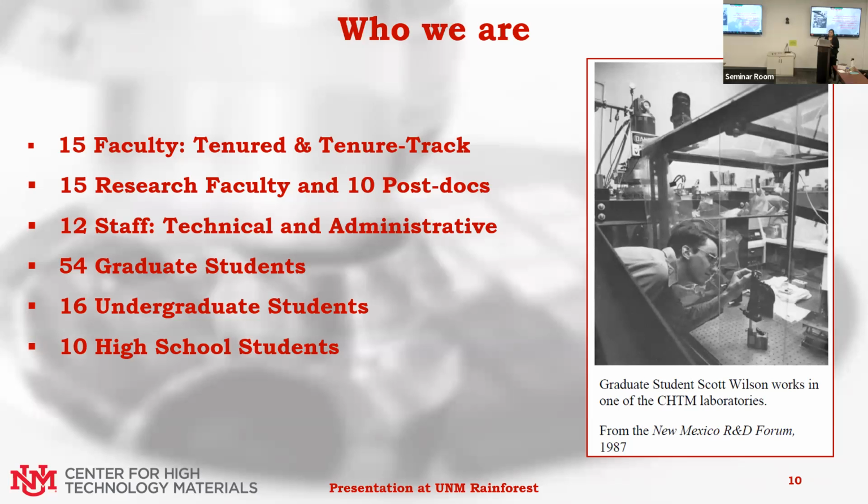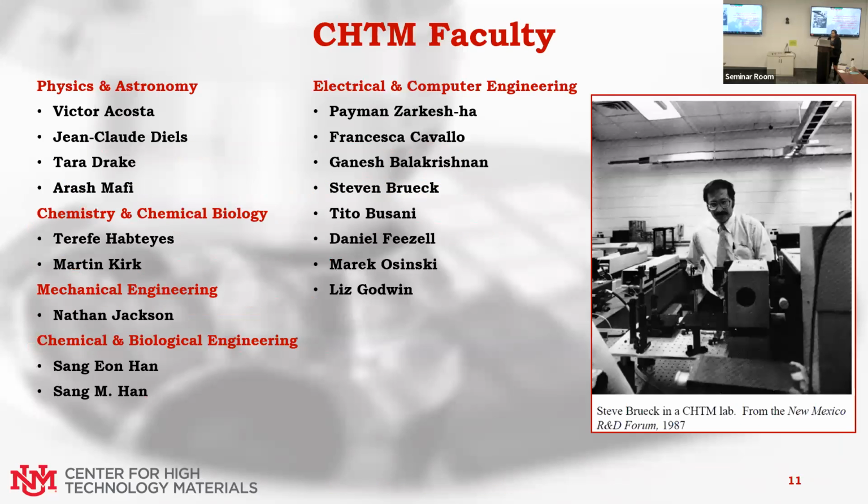So we also do some of these outreach programs, and we have some student science groups based within CHTM who do this work as well, including the faculty. We also have these student organizations who do these. And so these are the faculty, and as I said, we have faculty representing different departments, and hence we have